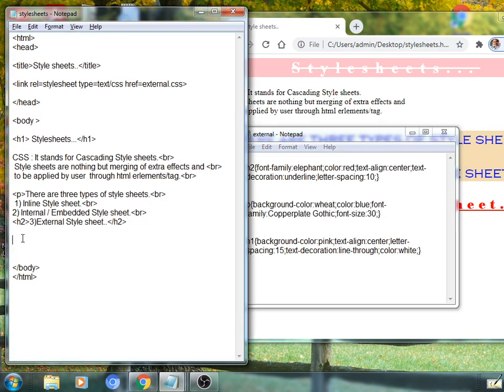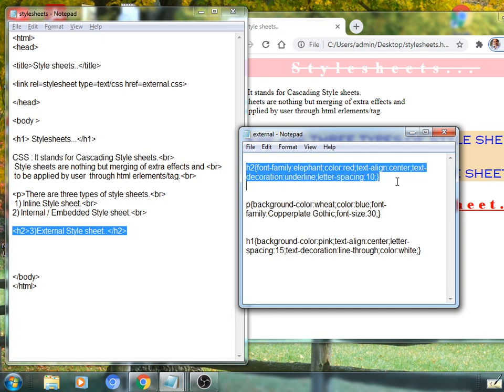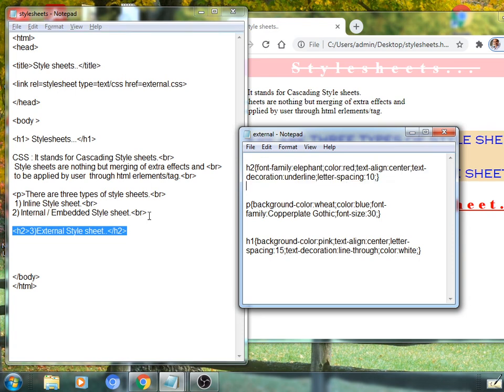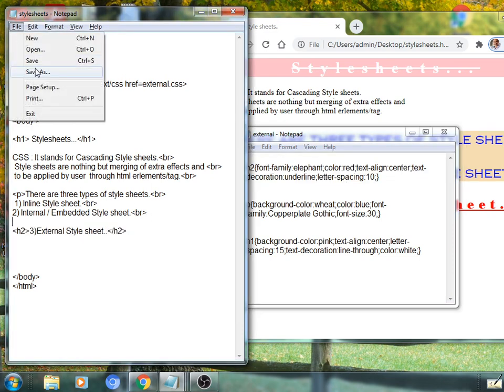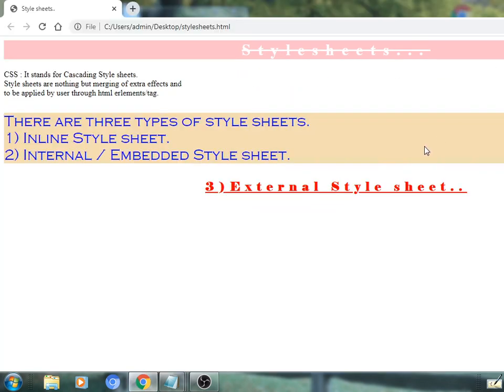Then we have applied the third selector H2 with font elephant, color red, text alignment center, text-decoration underline, and letter-spacing of 10 pixels. So most interesting as well as effective pages will be prepared, and the page will look like this in a browser's window, as per whatever we have given.